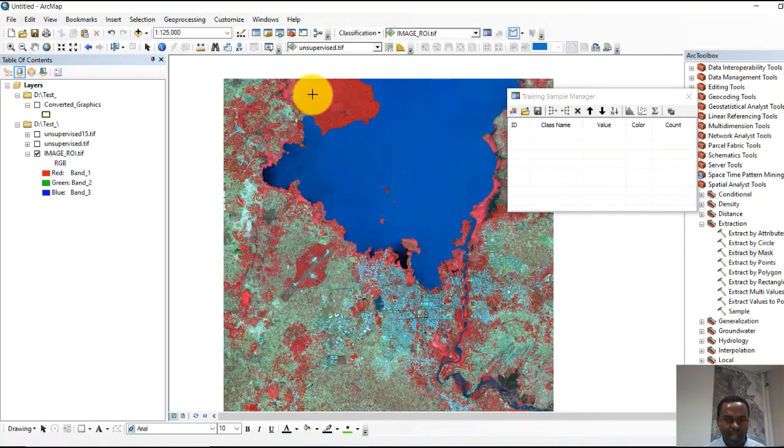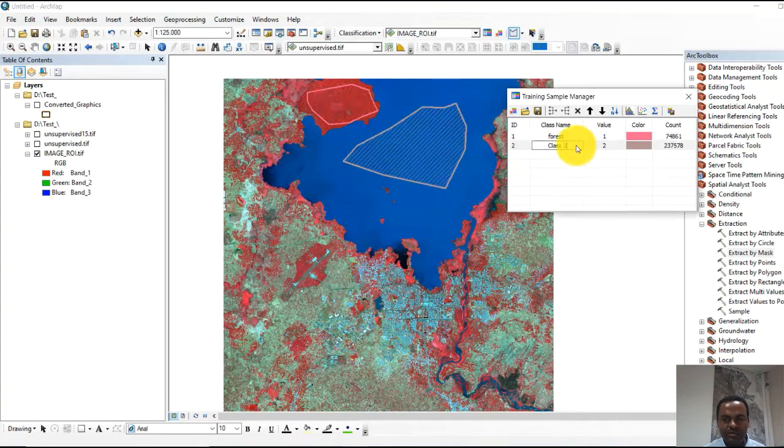If you click, I know this is a forest area. If you don't have any information about this site, you need to go to the field and get some information. But I know this area, that this is a forest area. This is Zage forest. And the next training sample is water body. This is Lake Tana. I know this area, so I may call it